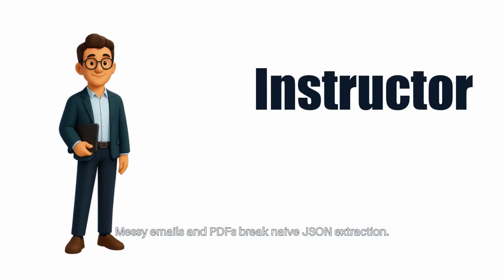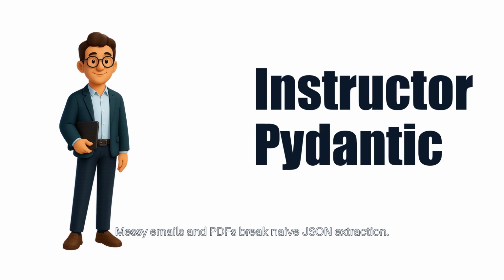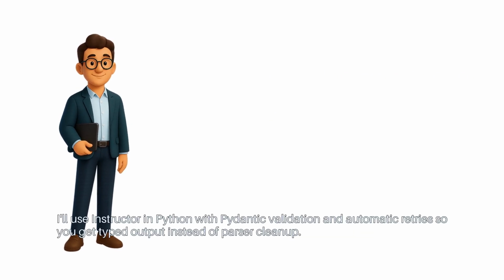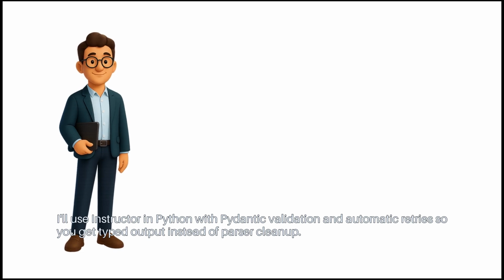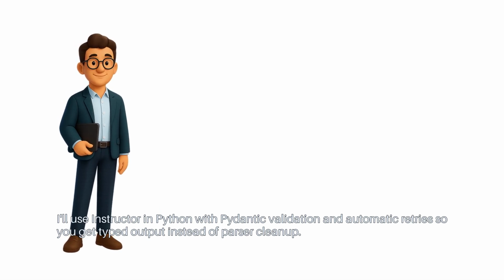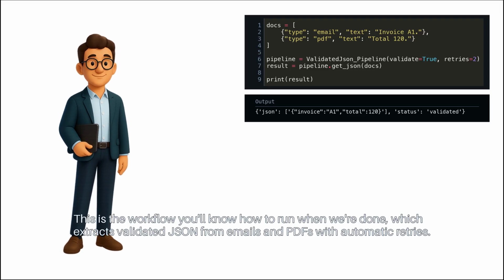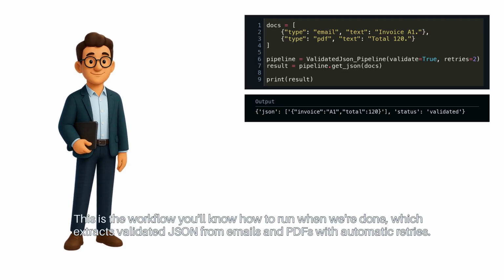Messy emails and PDFs break naive JSON extraction. I'll use Instructor in Python with Pydantic validation and automatic retries, so you get typed output instead of parser cleanup. This is the workflow you'll know how to run when we're done, which extracts validated JSON from emails and PDFs